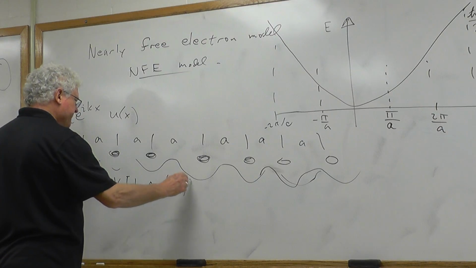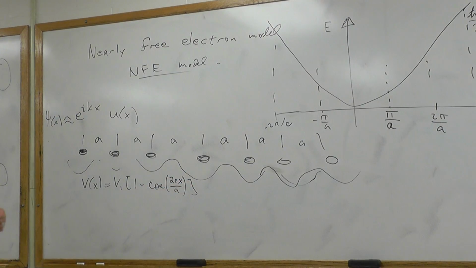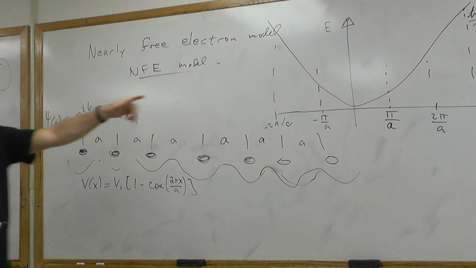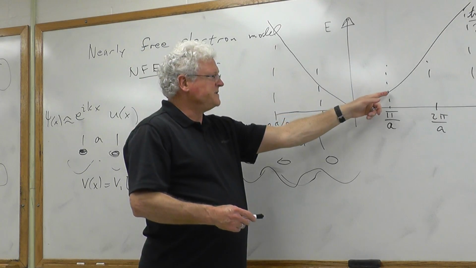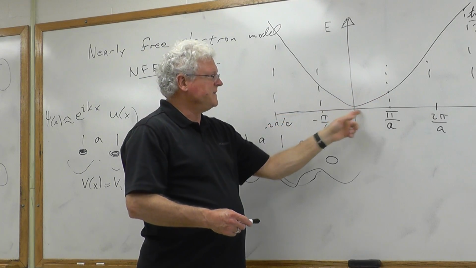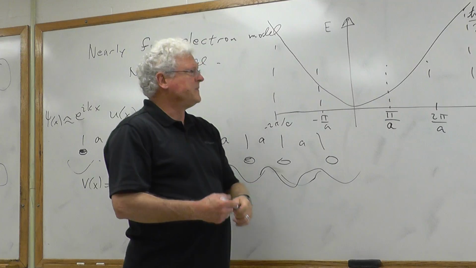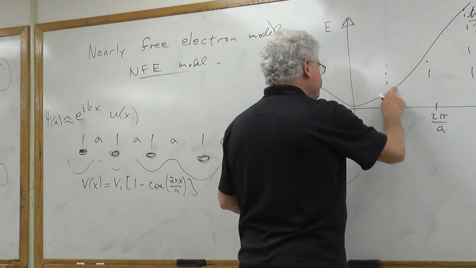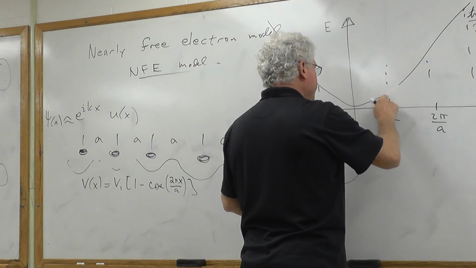And the idea is that we imagine V1 is going to be small compared to some of the energies that are relevant in this h bar squared k squared over 2m region here. And so then the size of the gap, when you go through and apply, I think you use